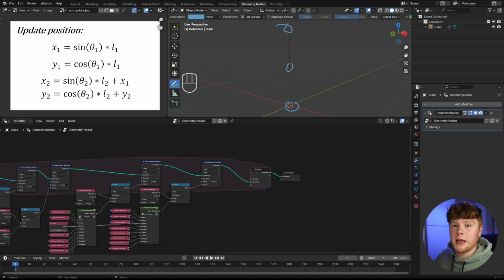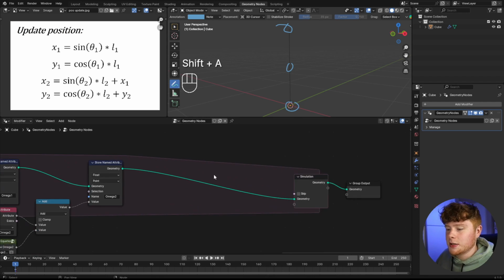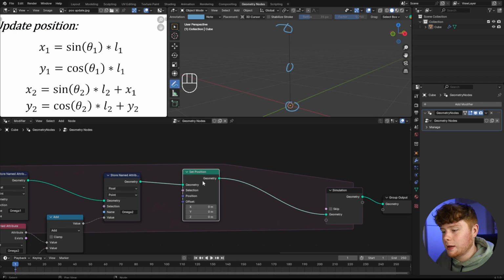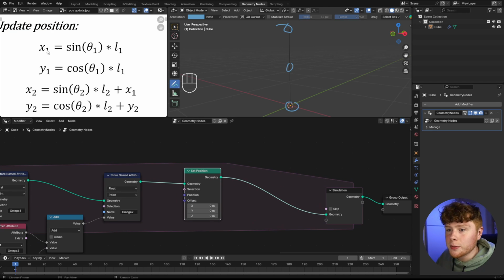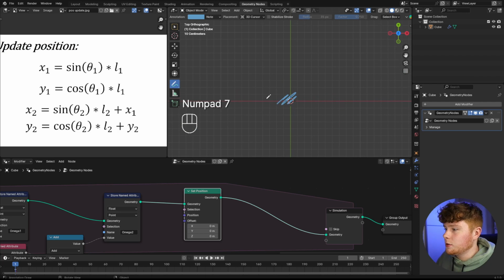But now we're only updating the angle of the pendulum, but we're not really changing anything in the position. We're not changing anything at all in this pendulum at the moment because we don't have a set position node. So let's actually do a set position node. And with the set position, we're going to determine the X position and the Y position of the second point over time. And before we do that, I recommend that we press numpad 7 to go into top view so